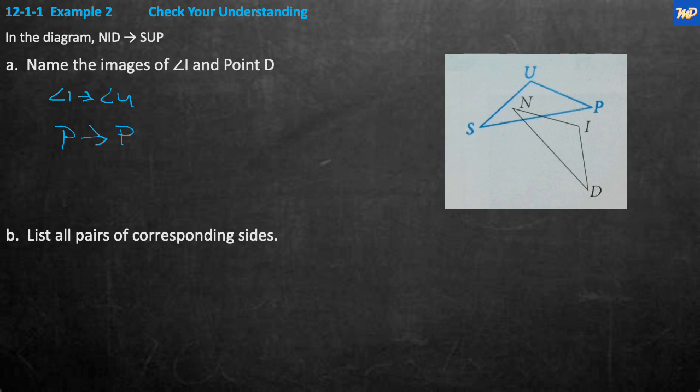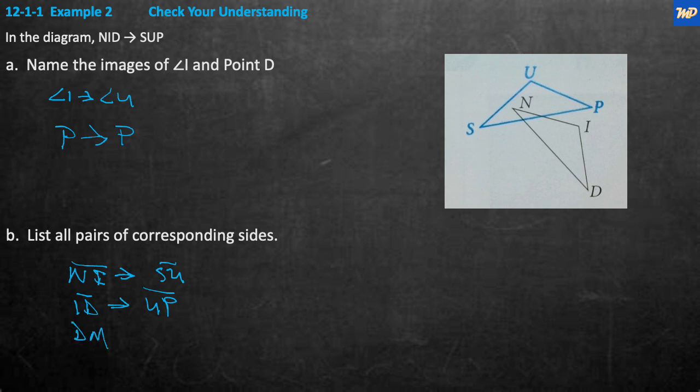So it doesn't matter where you start, but we can start with NI at the top. So down right here, NI, that segment, it maps to, okay, SU. So it's not even S prime, it's just SU, because we didn't use the same names for the, and then ID maps to UP, and finally